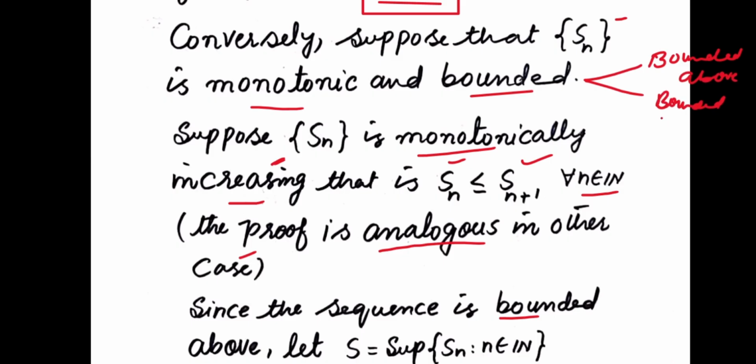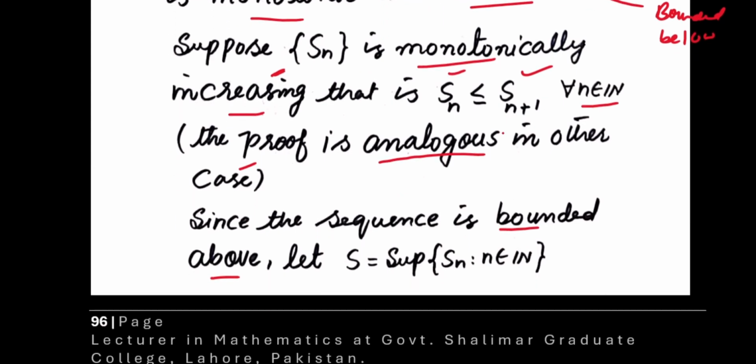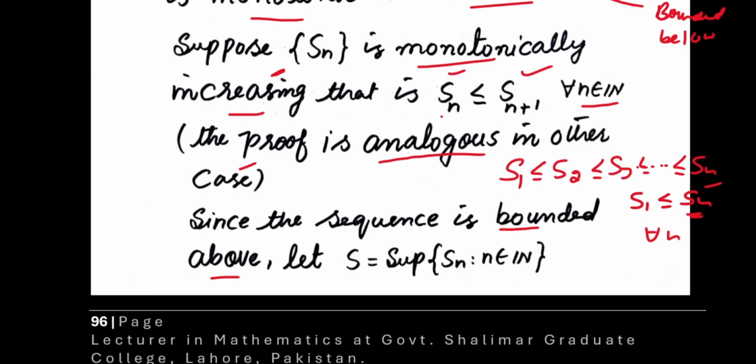I mean to say a sequence which is bounded, it satisfies both properties, bounded above and bounded below. And further, you can notice that here every next term is bigger than the previous term. So if S1 is the first term, then it is automatically less than or equal to S2, S2 is less than or equal to S3, and continuing this process, we reach Sn. It means you can say S1 is always less than or equal to Sn for all n. So this shows that a monotonically increasing sequence is always bounded by this term,